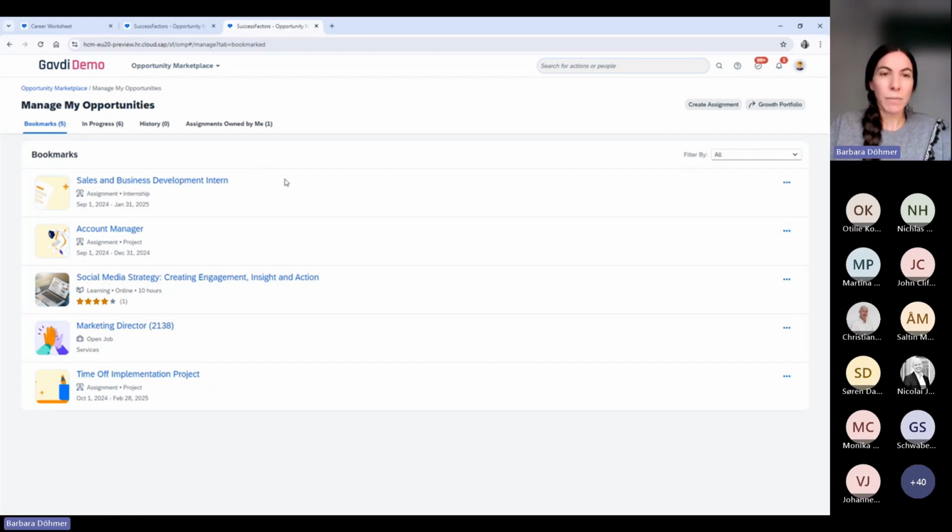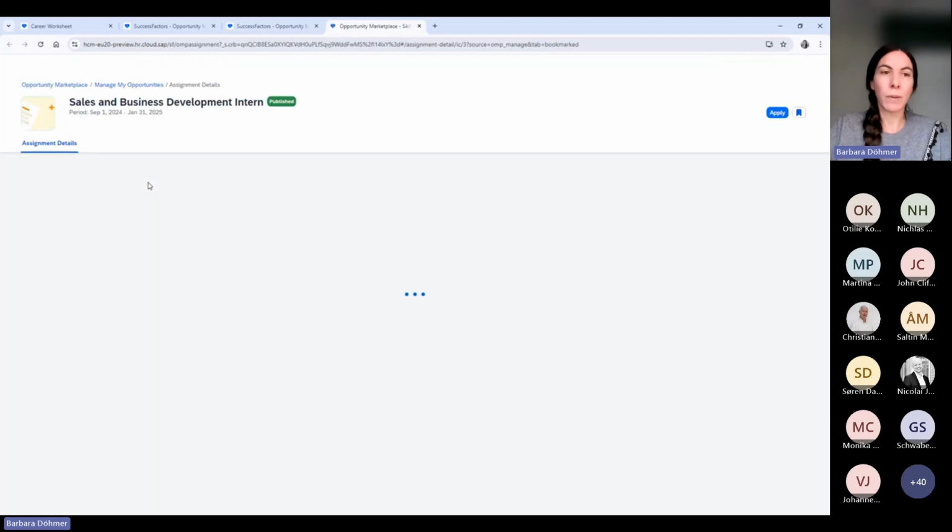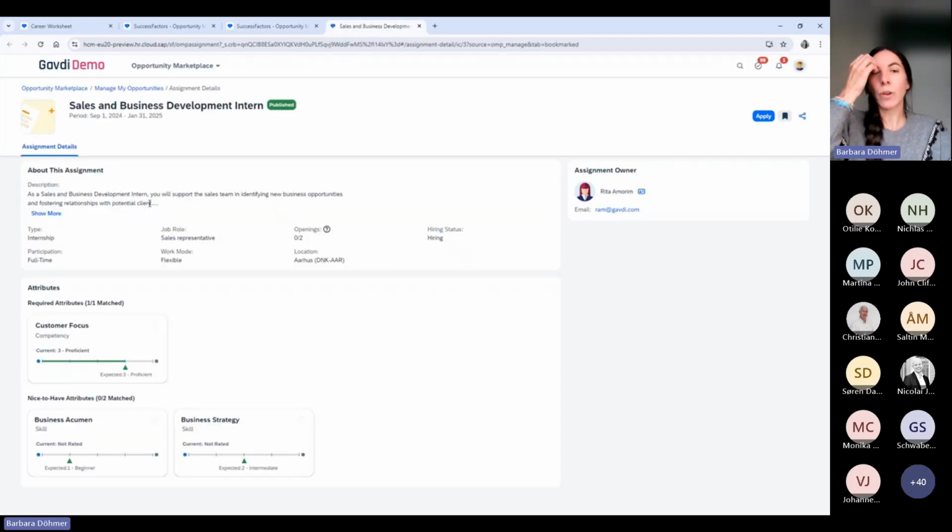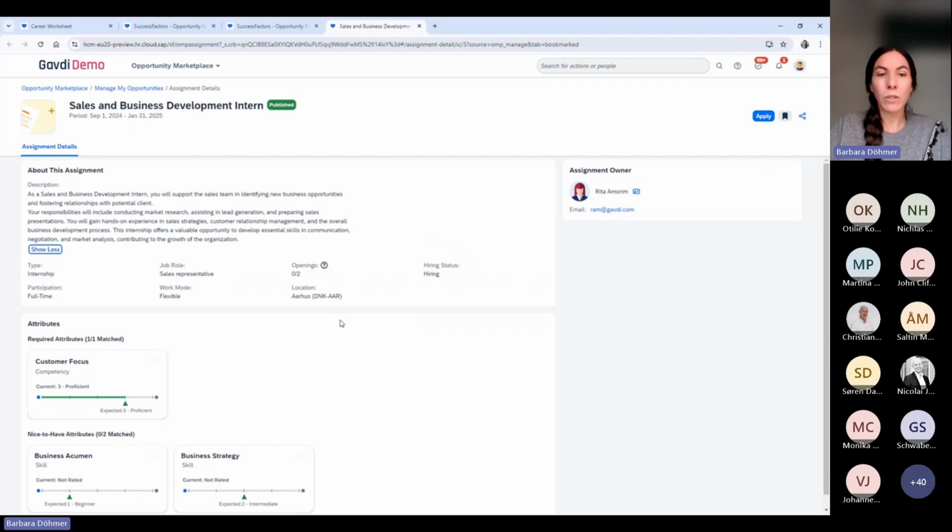If there was an assignment created, as you can see, for example, sales and business development, you can review this assignment as an employee. You can read all of the details: when it starts, how many openings there are, what type of attribute skills are required and may help you deliver, what the topic is about, and then you can decide whether you would like to apply for this assignment or not.